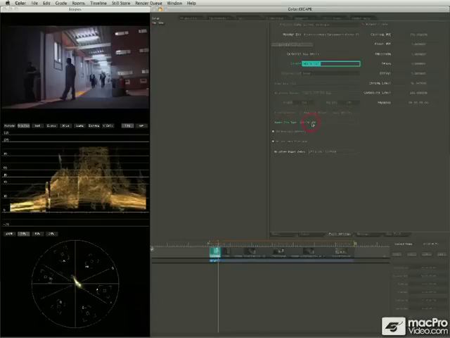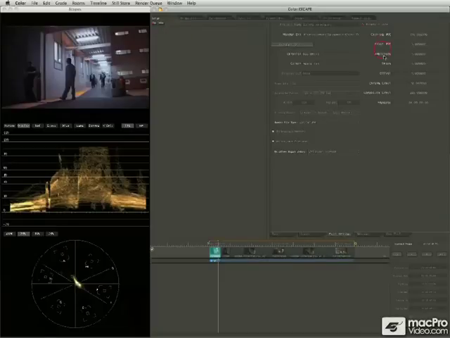The render file type, whether you want to output to QuickTime files or to DPX numbered or Cineon numbered still images. You can choose whether to export in the original format or into one of the ProRes formats or uncompressed and so forth. We'll come back to all this when we're actually dealing with the output, but just to give you a glimpse of where this is, we're in the Project Settings tab of the Setup room.